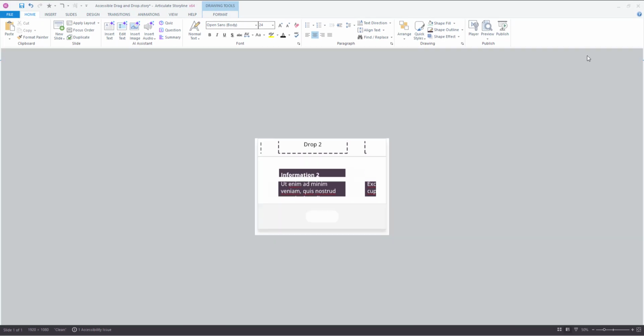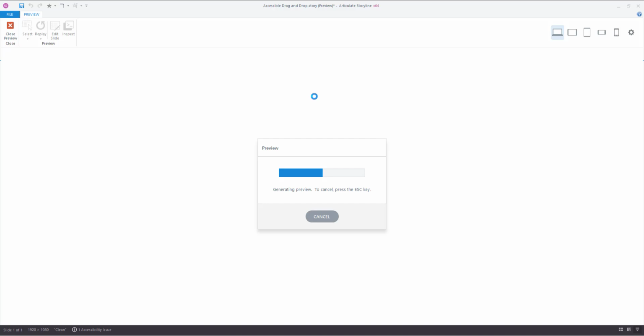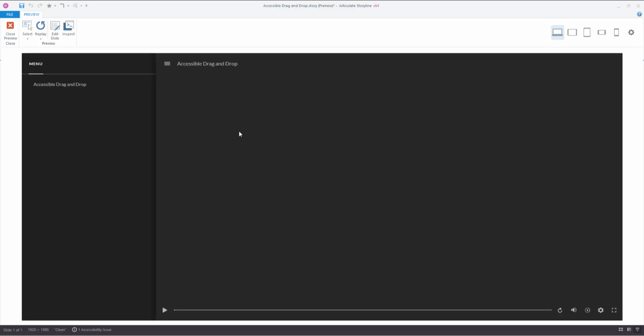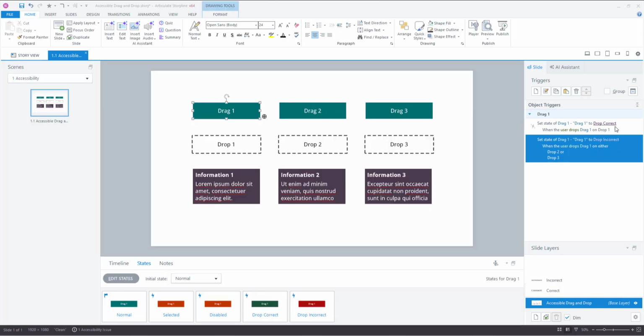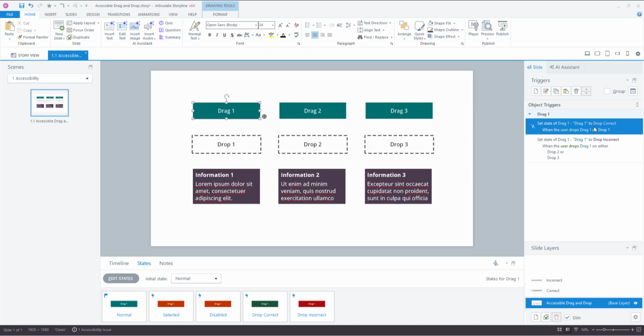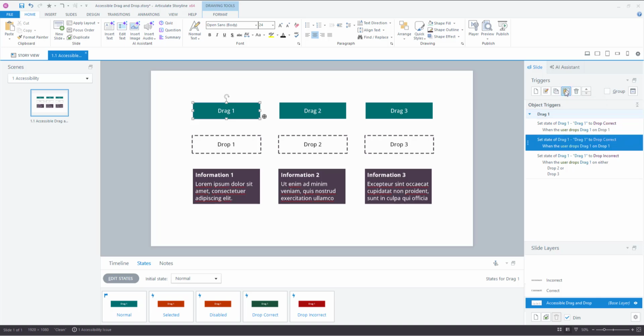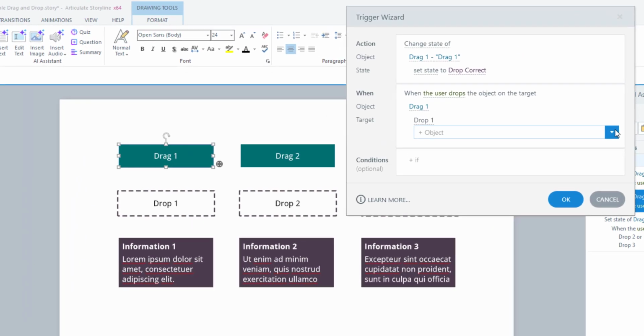So this time, when we preview it, we click that onto drop 1, it changes red, just replay it, click it onto drag 3. So now we've created everything for number 1, and we just need to do the same for our drag 2 and 3. So we'll select the first one, copy and paste it, open up that trigger wizard, and this